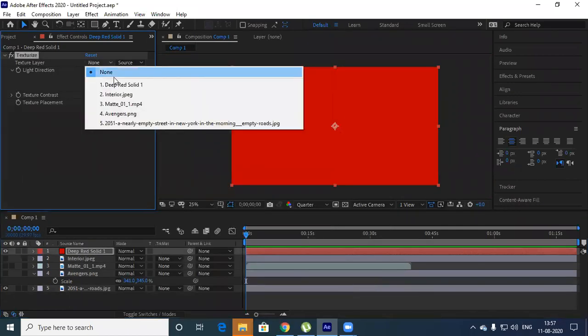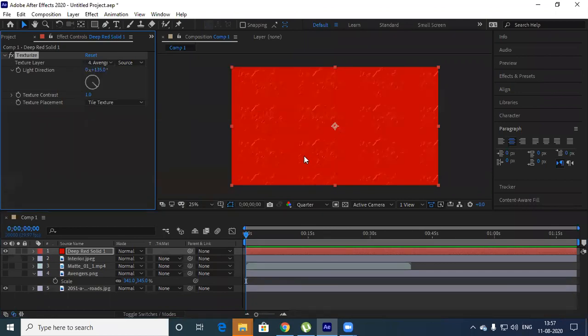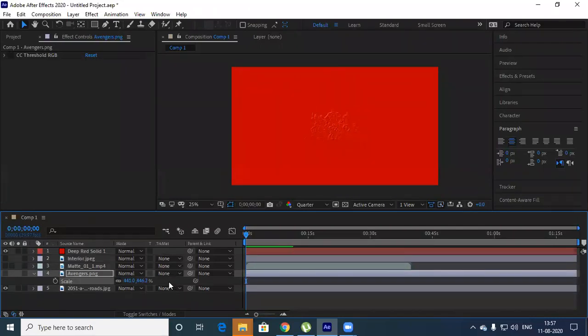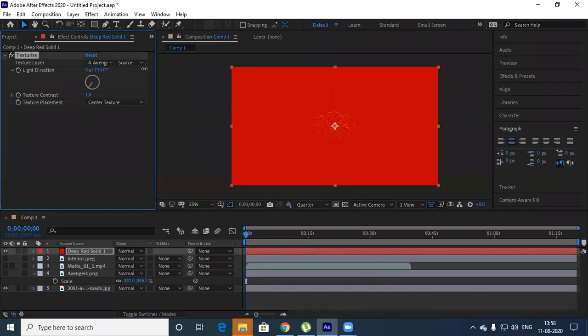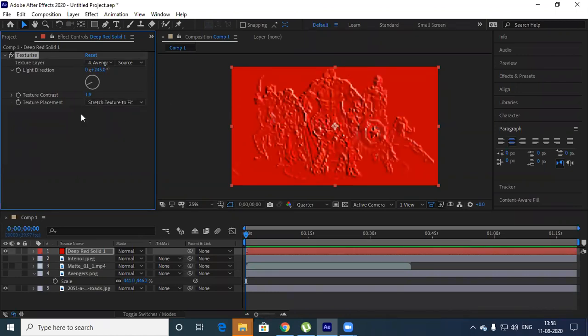Now texture, I'll go with Avengers. Now you see there is a pattern. Okay, tile texture, center. So in center, let me increase the size of this Avengers. It's not working. Yeah, let me just select this. It's something like this. Tile contrast is something like this. Stretch to fit. You can emboss things like this.